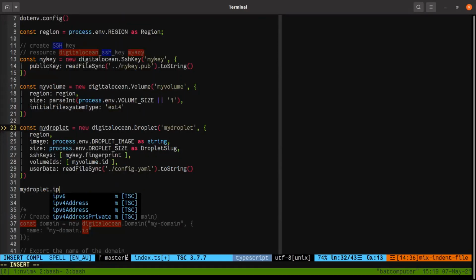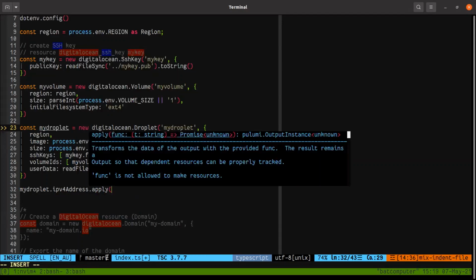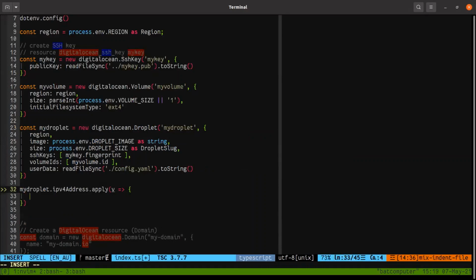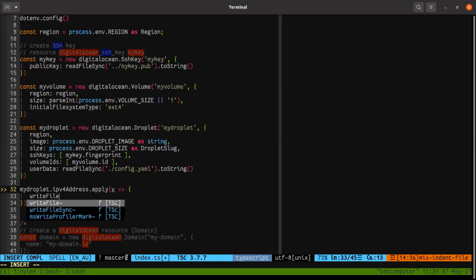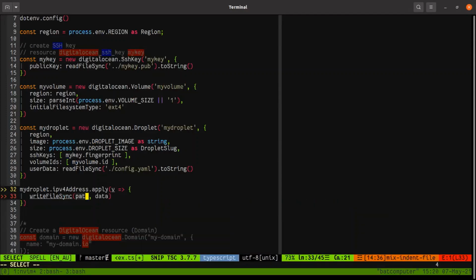Okay, IPv4 address. Okay, because it's JavaScript, you need to use an apply. We need to use a promise here. So we go apply. You get the value. So anytime when this address value becomes available, you will call apply. And in apply, what it will do is you'll just go writeFileSync. Okay. The name of the file,